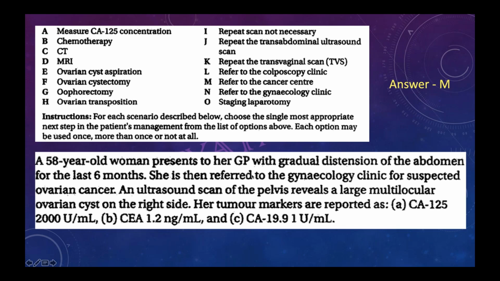No, see, ma'am, I can clear that out. These are not clinical features; these are the markers. Clinical feature means by examination that we are palpating and we get a lump, or she is complaining of pain, something like that. We can directly refer to the cancer center in two conditions: when the clinical scenario tells that it is a malignancy, and secondly, if there is a positive family history. If these two are not there, then we have to do the CT first, confirm it, and then send to the cancer center.